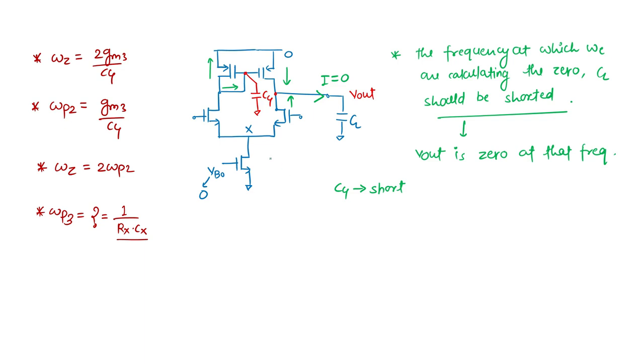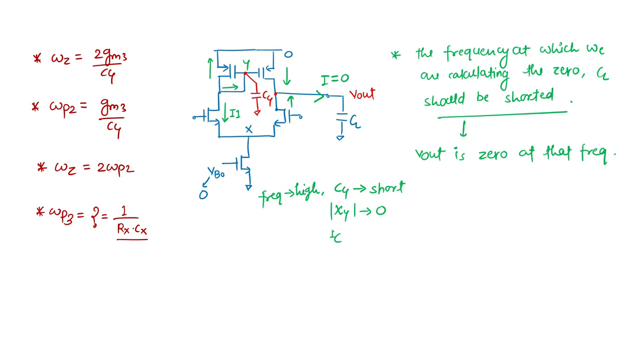So what will happen, this entire current I1 is going this way. When Cy is very small, the impedance offered, which I call Xy, is nearly 0, because the frequency is very high. When I am saying frequency is much higher, then Cy is nearly shorted and the impedance offered by Cy is nearly 0. And what will happen, the current